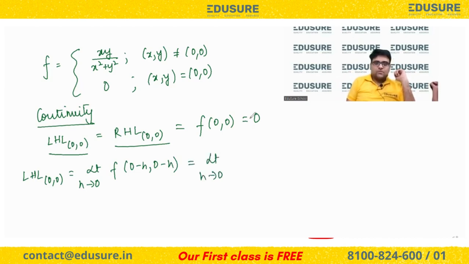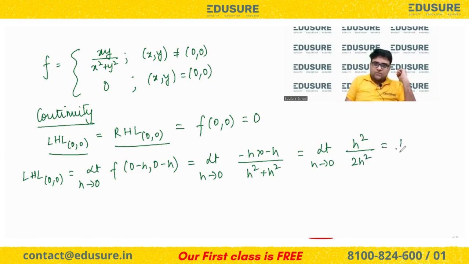Limit h tends to 0 minus h minus h. So this is minus h into minus h divided by minus h square minus h square. So this is limit h tends to 0 h square by 2h square, which is half. Obviously, left hand limit is not equal to the function value. I don't have to check further because that means that the